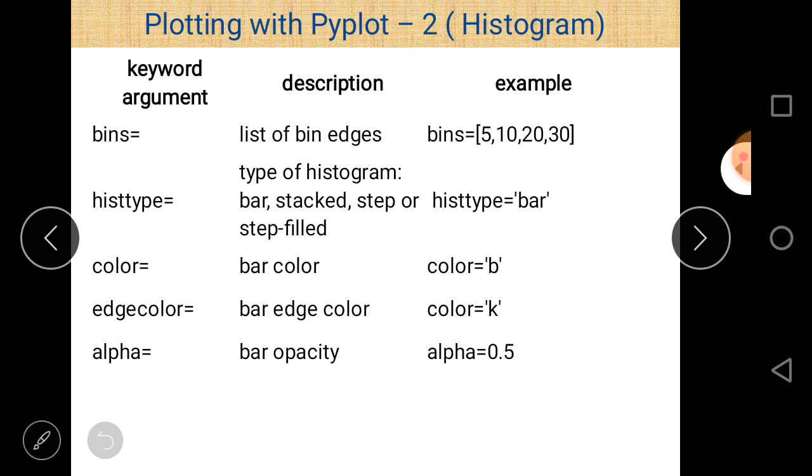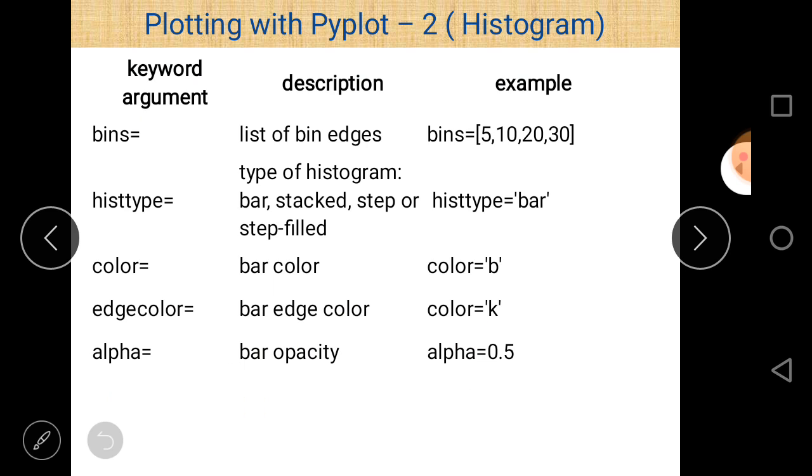There are some other parameters also, and these are color. If you want to change the color, the color parameter should be used; by default the color is blue. Then edgecolor, if you want to change the edge color of the histogram, you should use edgecolor, and by default it is black.